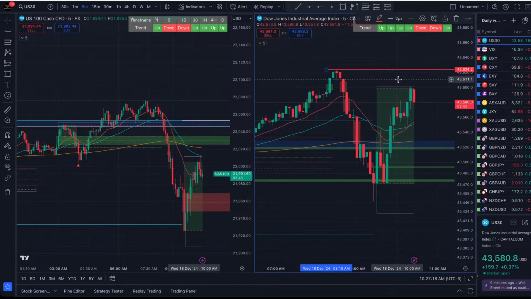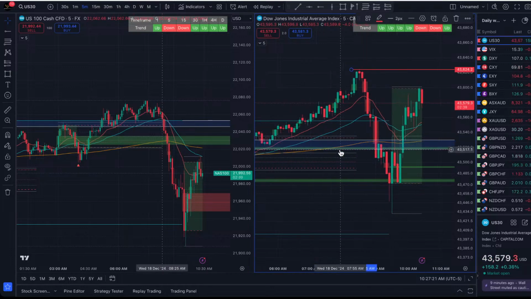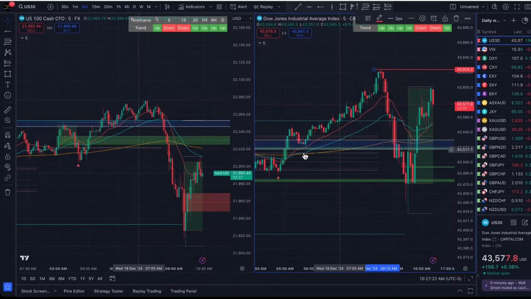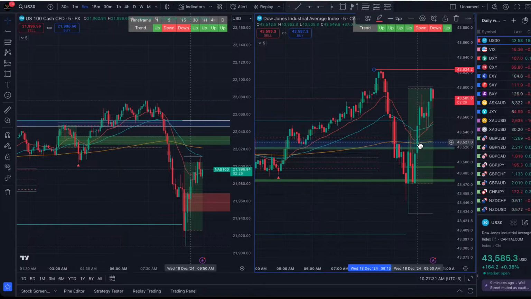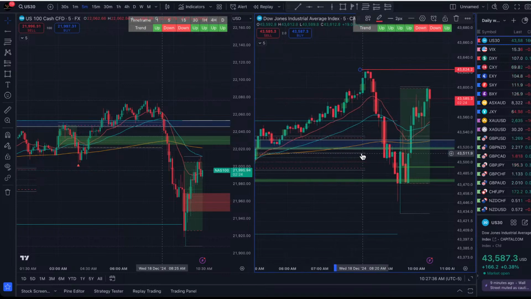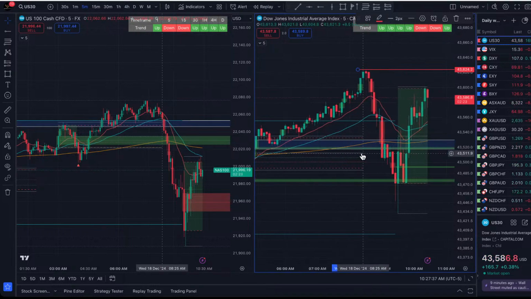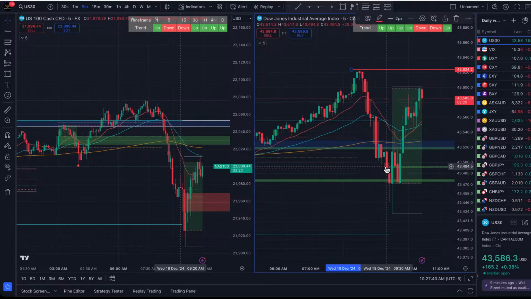And again, on any other day other than FOMC, it would have been valid. It would have been a valid entry here, and a valid entry here. But on FOMC day, during this week in general, just proceed with caution. Obviously today there's no trading whatsoever. Nobody on our team took any of these trades. But